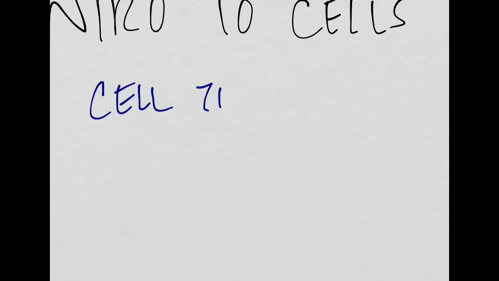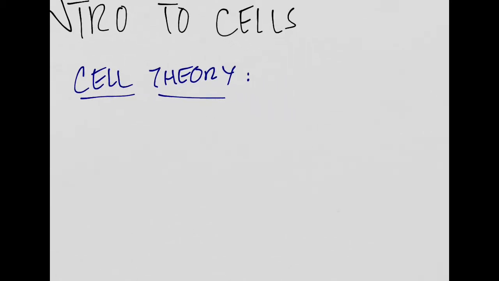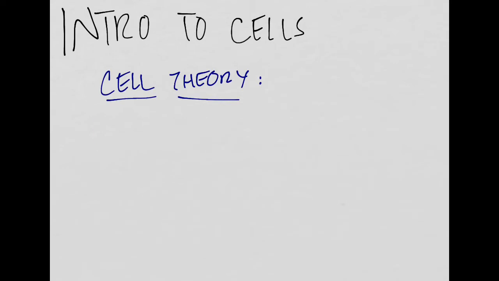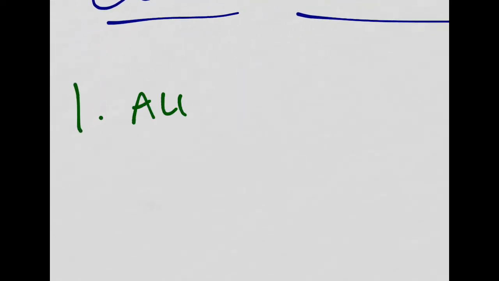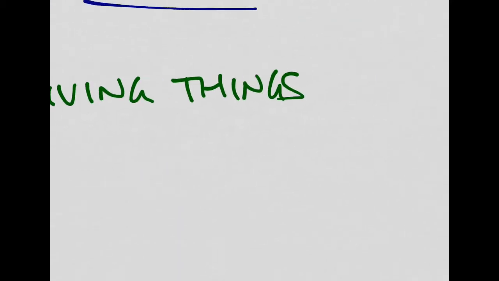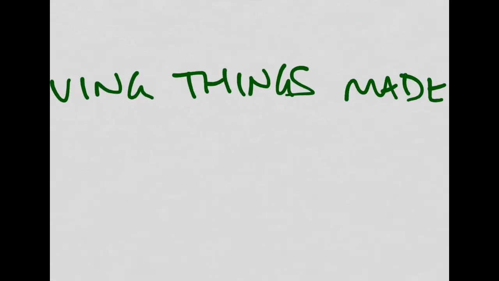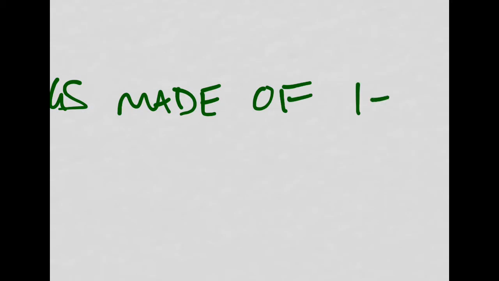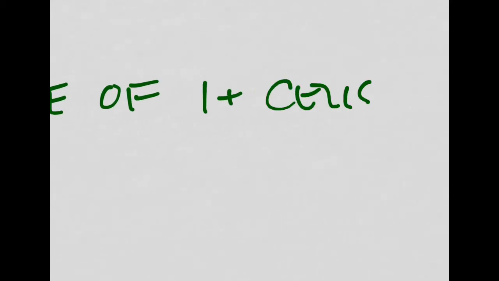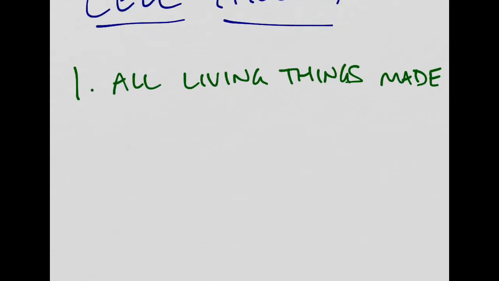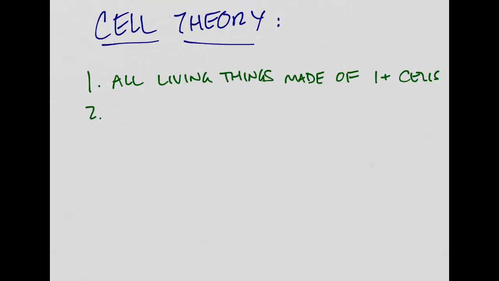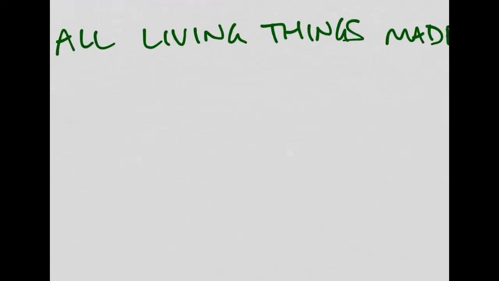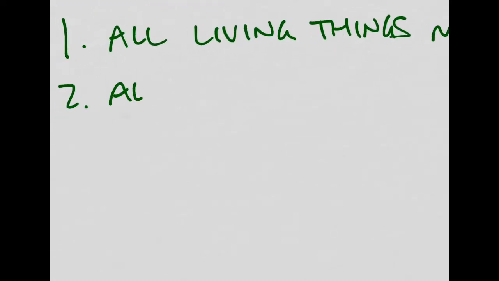cell theory, which is kind of an absurd thing that we even have to put this together, but here it is. There are two parts to this thing called the cell theory. The first thing is that all living things are made up of one or more cells. Okay, so that's the first part of the cell theory. The second part, and let me just make sure you can see that, so all living things made of one plus cells. The second part is that all cells,